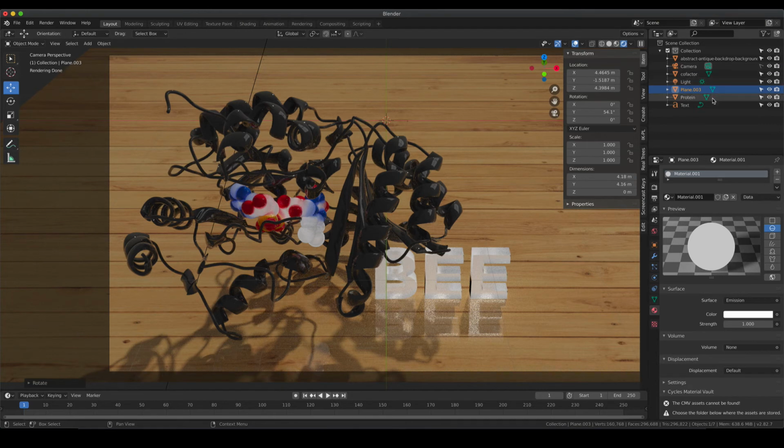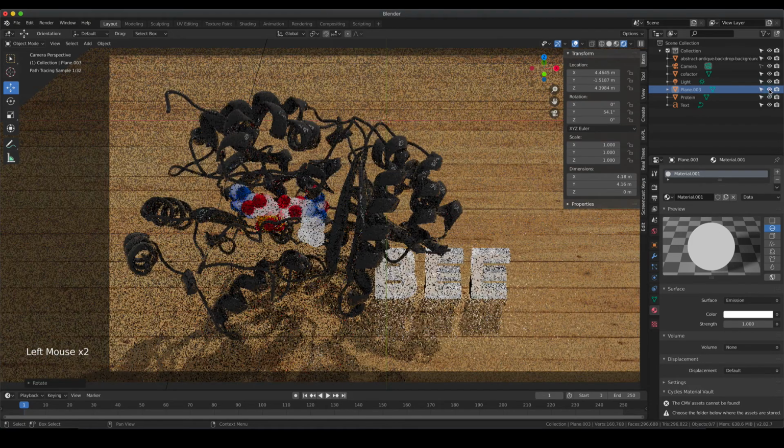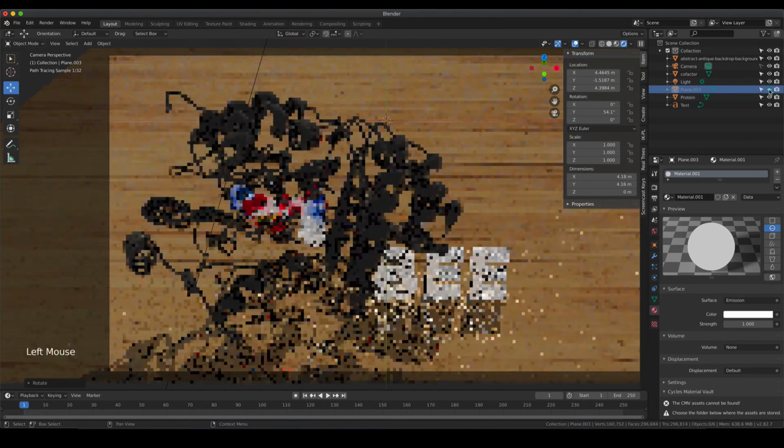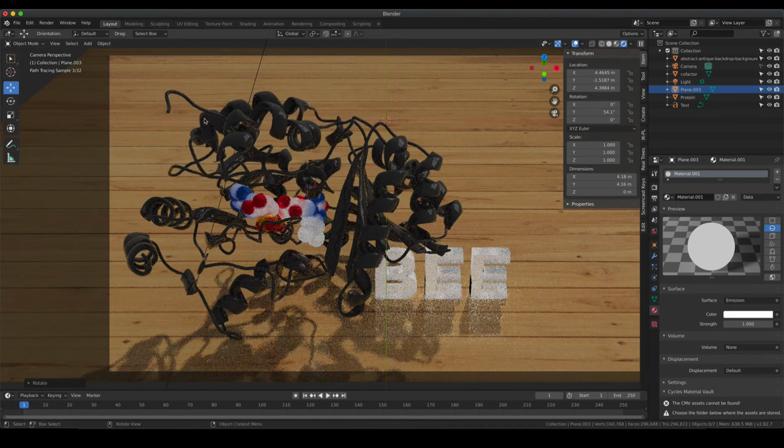So to give an idea how it looks without our planes, if I go back again, that would be with planes, without, with planes. So you see that it actually makes a difference because we get more of those reflections. Before we do our final render, just some tiny details that we need to do to make our scene basically